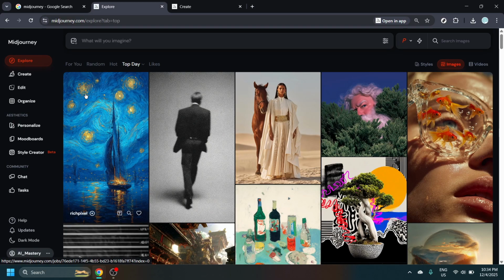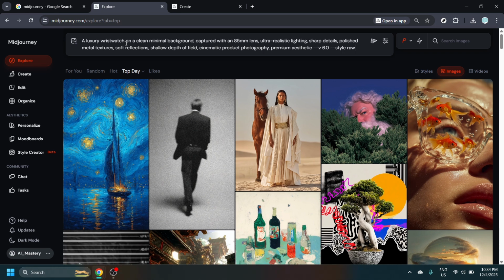Now, it's time to write a prompt that includes the lens you want. Adding a lens term provides clear visual direction. For example, you can say, a luxury wristwatch on a clean, minimal background, captured with an 85 millimeter lens, ultra-realistic lighting, sharp details, polished metal textures, soft reflections, shallow depth of field, cinematic product photography, premium aesthetic, V6.0, style raw. Including captured with an 85 millimeter lens tells the model to mimic the look you'd expect from